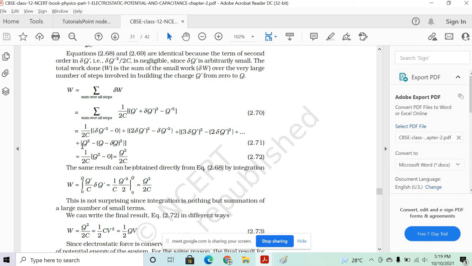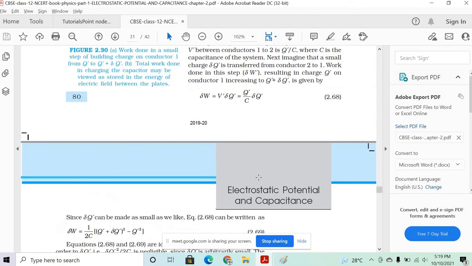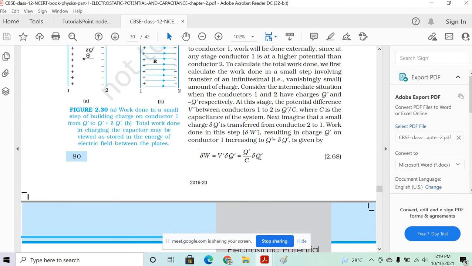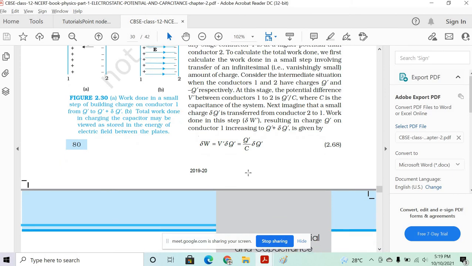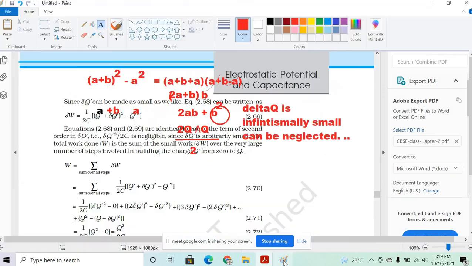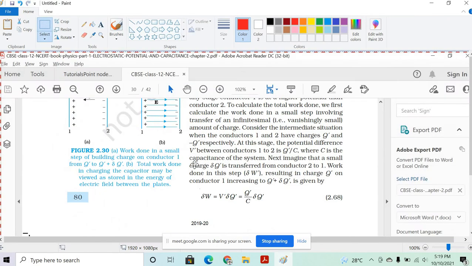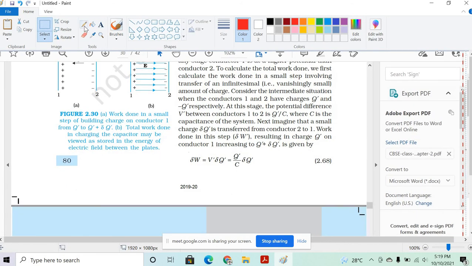Or we can directly do it from here. This is the simple work done we have done. But with integration, it's pretty simple. Same question: if we have here q dash delta q by q dash e, here only we can integrate on both sides with the charges. Here, if you don't want to write that part, you can write it here only. See, this is the small amount of work done, right? Now here only we can integrate this part for the total charge like this, correct?